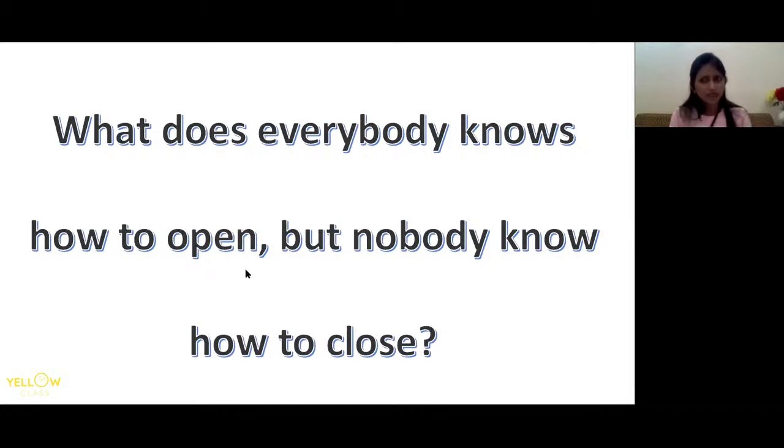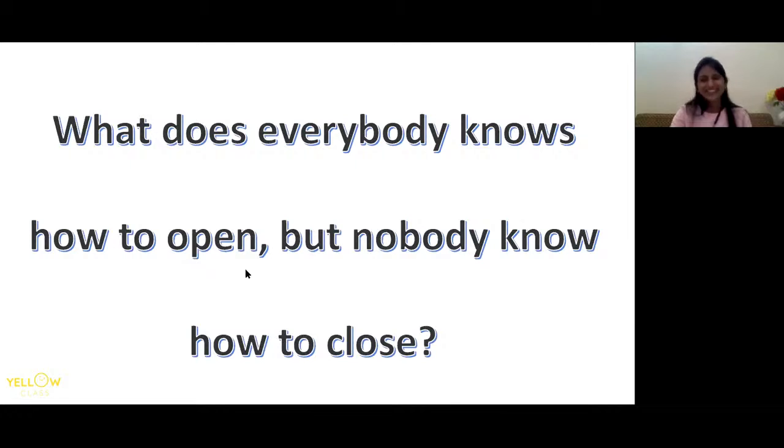A pencil box? No. A pencil box we know how to open and close. Then what can it be? Think. A box? No. Or what else can it be? I'm getting a lot of answers. A scale, a broken thing. Okay, a scale. Suppose if it breaks, you cannot join it. We will not say close it. We cannot join it. Okay. What else can it be?